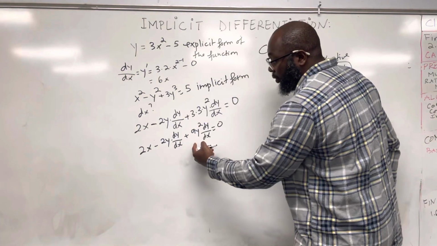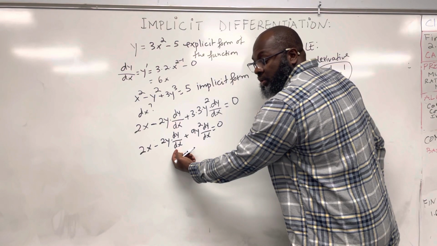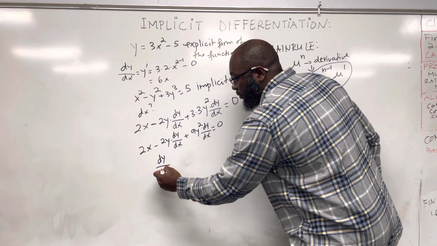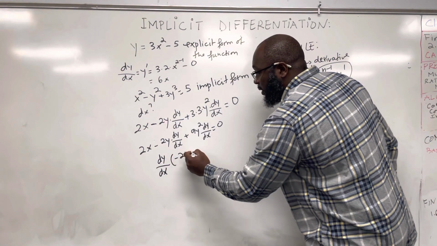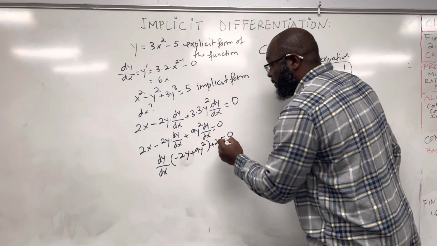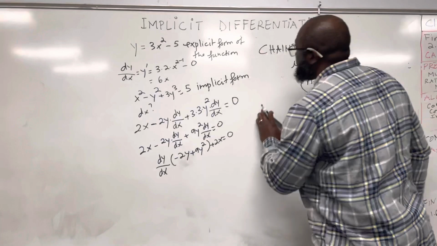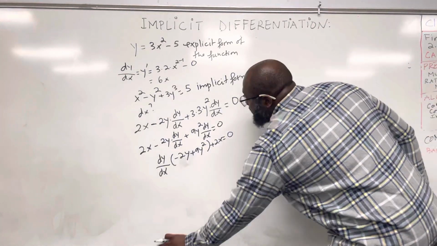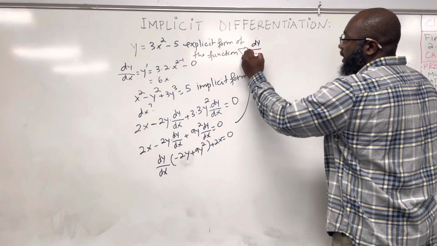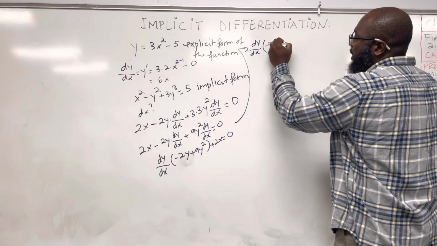So from here, what can we do? We can put dy over dx as your GCF, your greatest common factor. You're going to pull it out. So dy over dx times negative 2y plus 9y squared, plus 2x equals 0. And we're going to shift this to the other side. So that's going to go back here. So we have dy over dx times negative 2y plus 9y squared